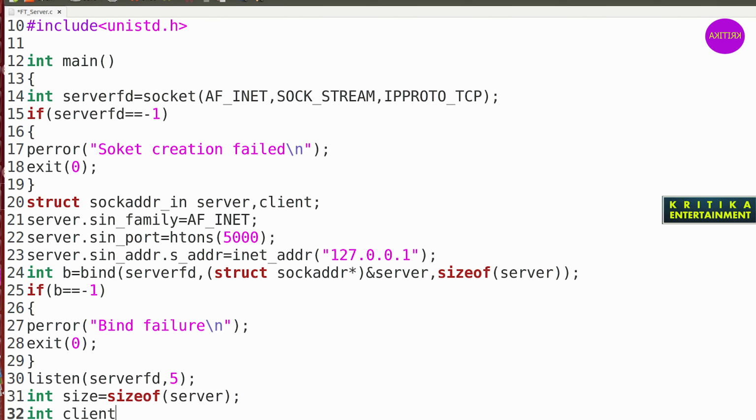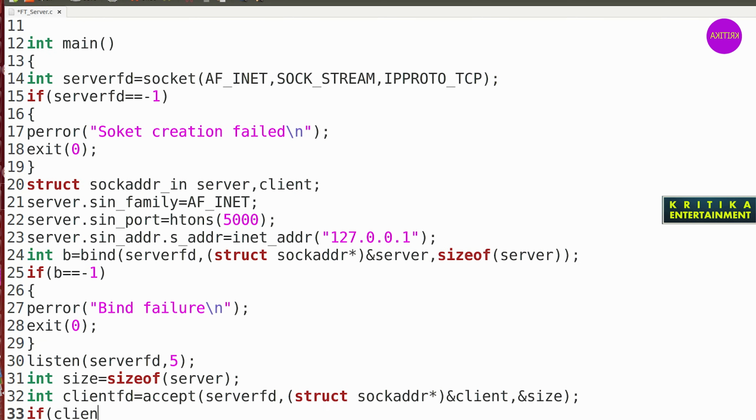Then I will call int client fd is equal to accept. I will write the accept, so here I will declare server fd, then I write the struct sockaddr pointer, ampersand client, you will write a client machine, then you write ampersand size. Okay, then next we write if